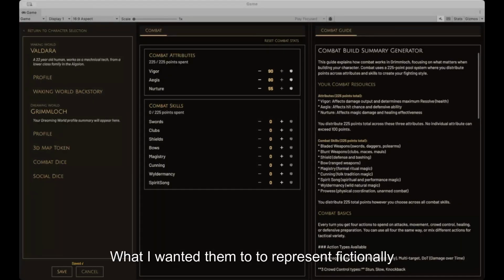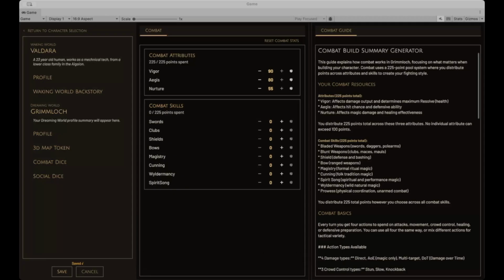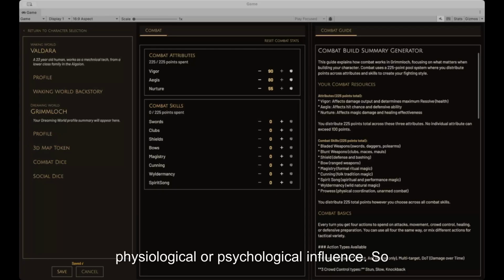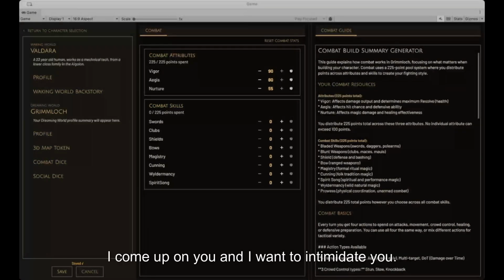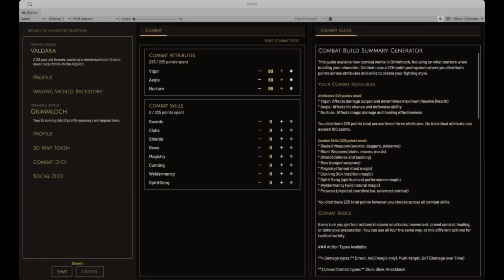What I wanted them to represent fictionally is not a forced change in how a player responds, but a physiological or psychological influence. Let me give you an example. Let's say, Sherm, I come up on you and I want to intimidate you.